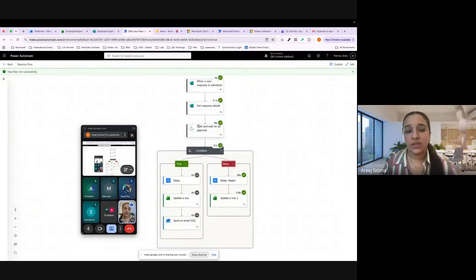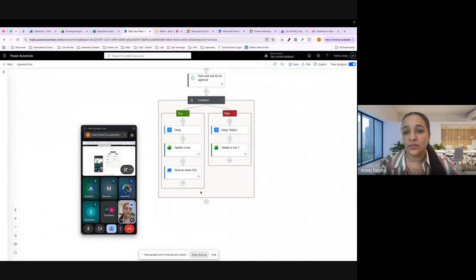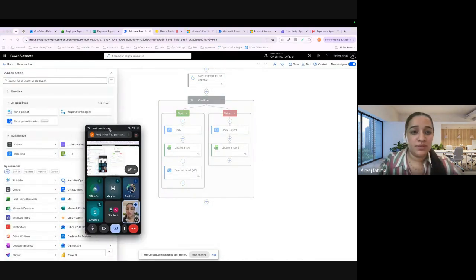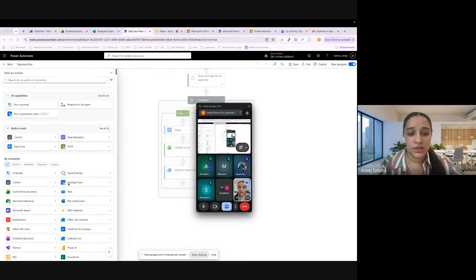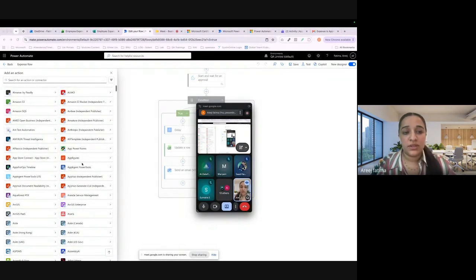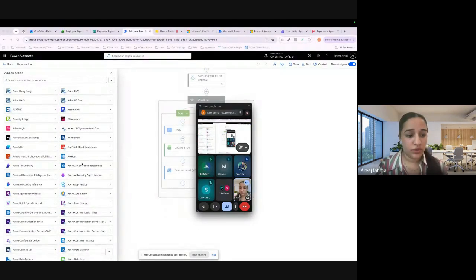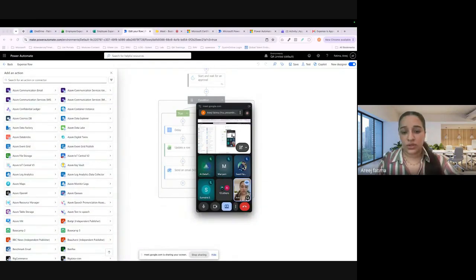So this is the simple flow that we can create. Even if you want, let's go to the edit again. You just need to click on the plus button. We have a lot of activities, even for the desktop, Azure DevOps, and all the applications that you want to work with. You just have to create the scenario, and then you can simply use whatever activities and flows that you need to create.